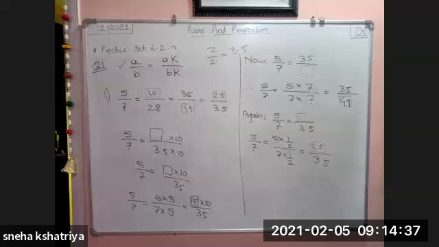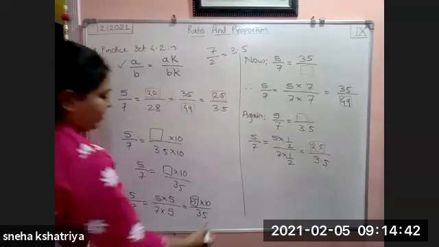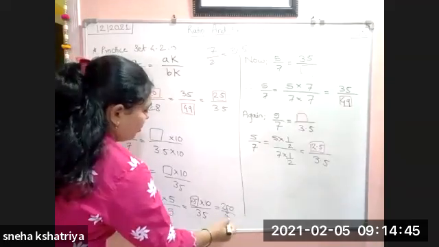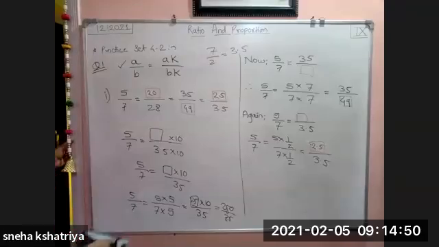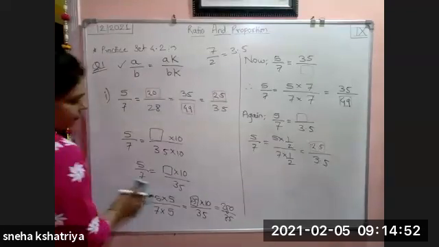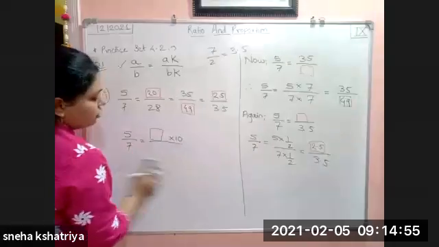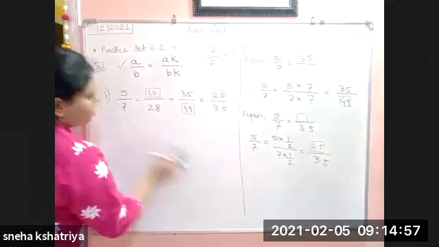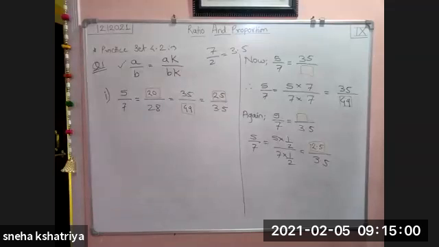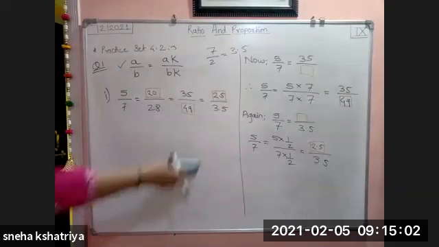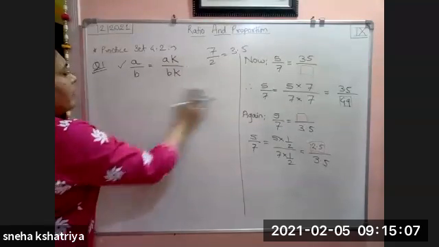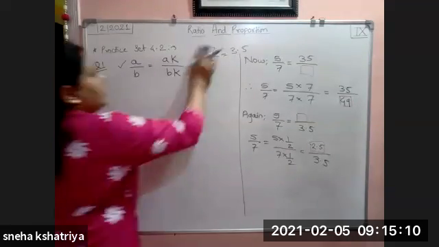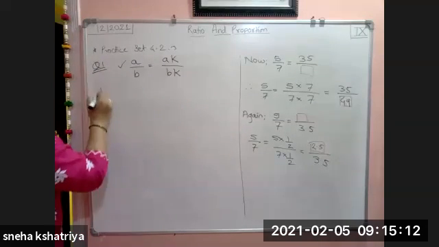So in the box it will come 25 multiplied by 10, so 250 divided by 3.5. Either way you go, you will get the same values. After dividing that ratio also you will get the same value. So whichever is easiest for you, you can pick that. I guess this one is easy. So by using this property, I am going to solve this example. We will see the second one.